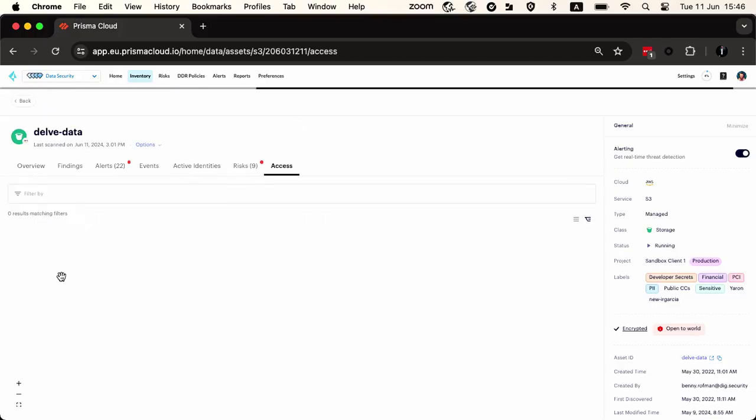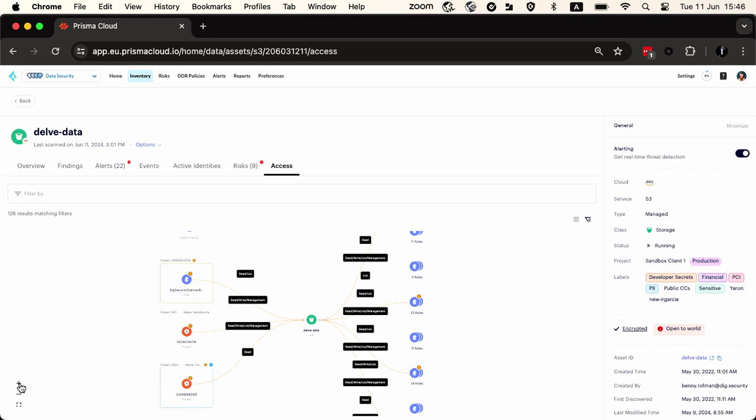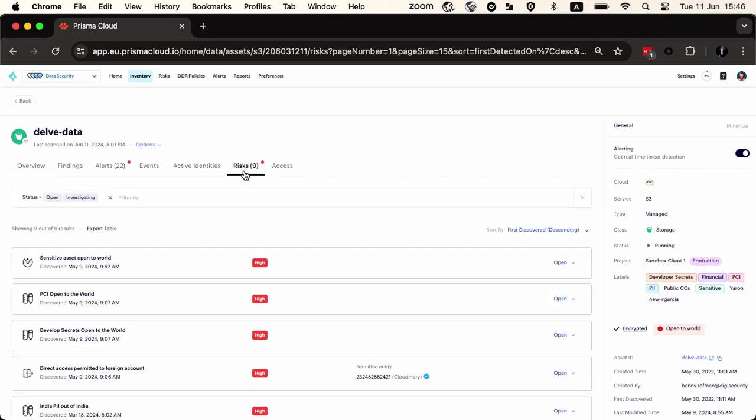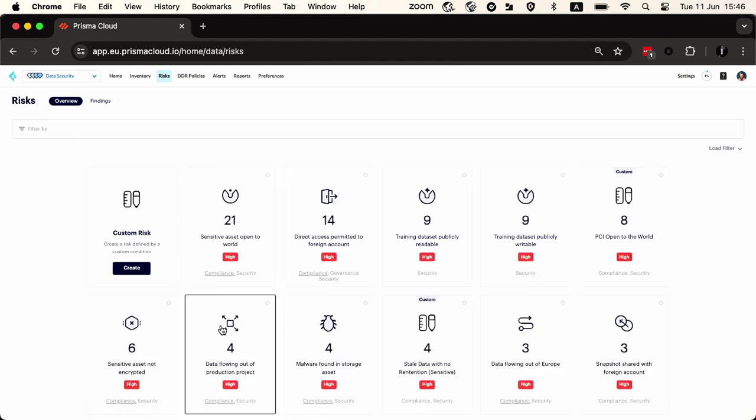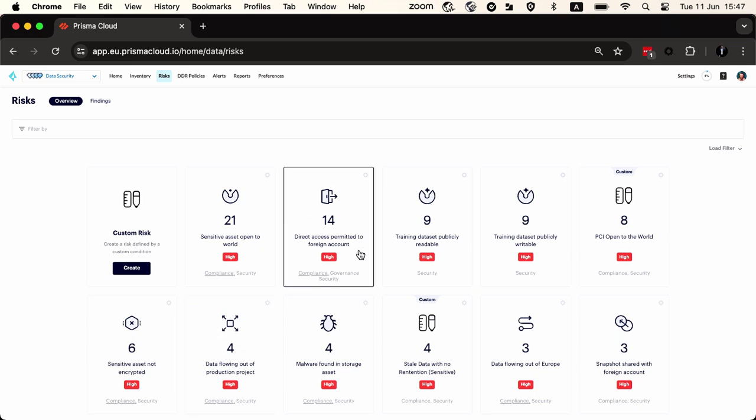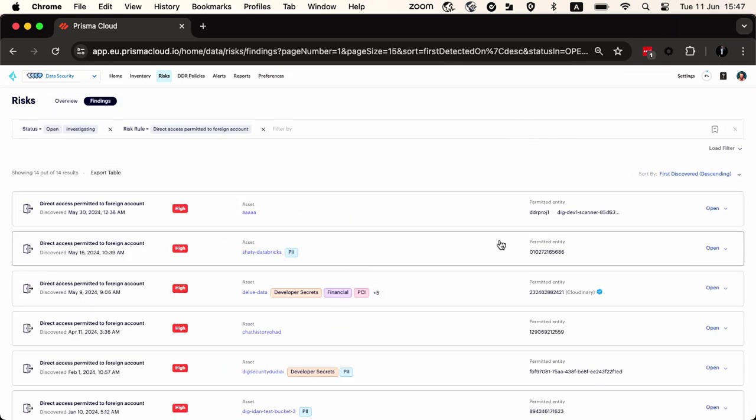We're able to visualize access across our cloud, across our environment. We're able to show you who has read access, who has write access, who can essentially do what. And of course, we visualize risks across our environments. Now, of course, we come with out-of-the-box risks. All customers will get and be able to see all the sensitive data that is open to the world or access that other vendors might have to your data. If we know those vendors, we'll actually tell you, by the way, we've seen this vendor in the past. This is Cloudinary. But why does Cloudinary have access to your developer secrets? We're able to show you, for example,